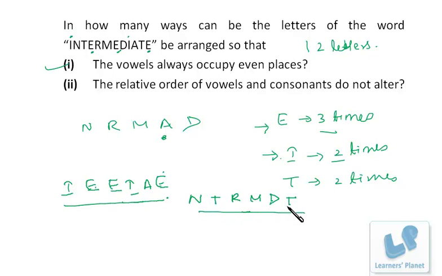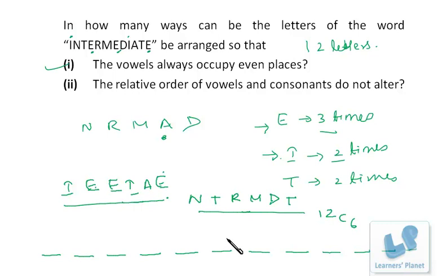Now 6 consonants can be arranged in 6 factorial ways, but we cannot arrange the consonants over here in 6 factorial ways, because in the 6 factorial ways the order of the consonants will definitely be changed, right? So what is the alternative approach we have? I have 12 places, 1, 2, 3, 4, 5, 6, 7, 8, 9, 10, 11, 12, right? From these 12 places, I select any 6 places, right? So 12C6, right? So I'm just selecting the 6 places from these 12 places, and on the selected 6 places